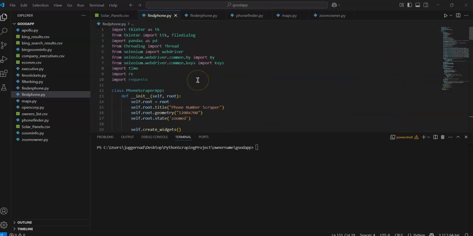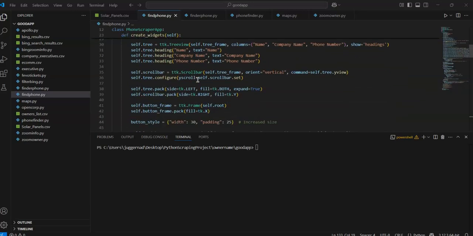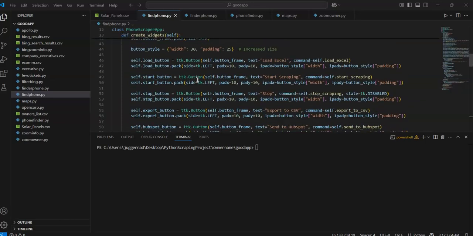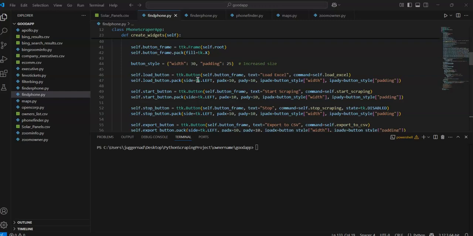It is a Python program created to fetch all phone numbers associated to ZoomInfo for owners, CEO, CTO, CMO, CFO, controllers, president, vice president,